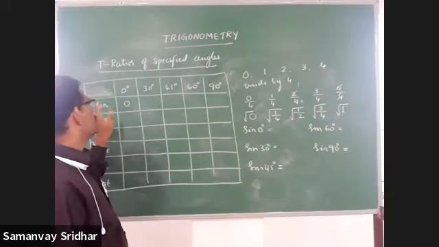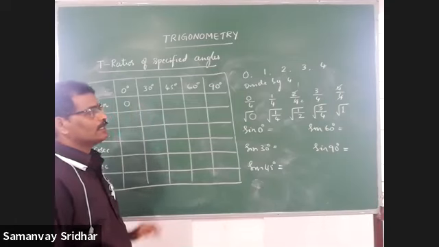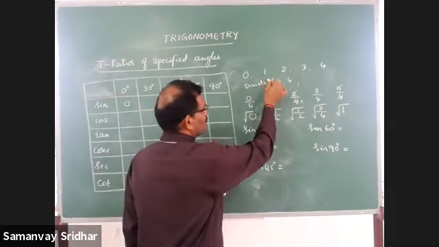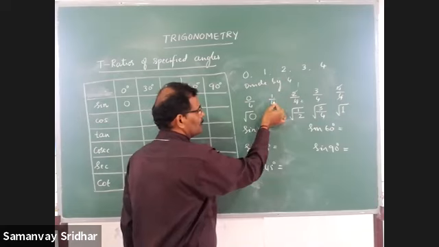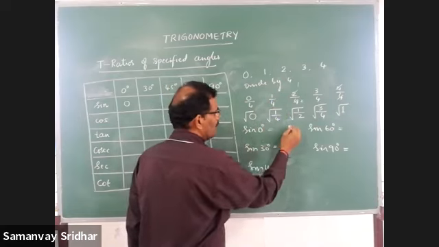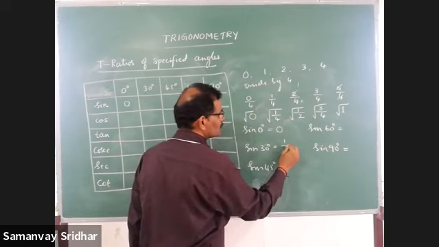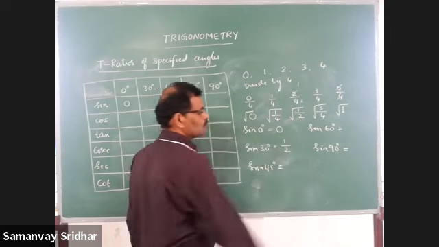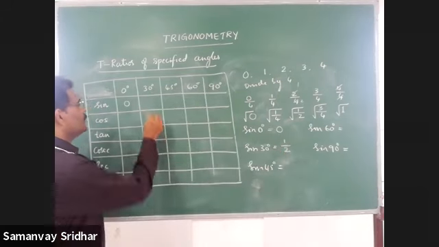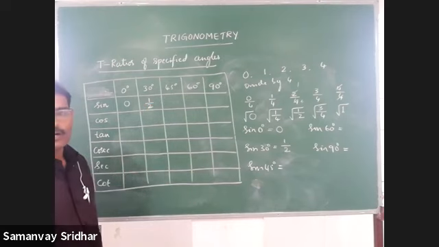Right? So therefore, sine 0 degree is what? 0. What is sine 30 degree? So we have to come for the second one. Take that one, divide by 4, then take the square root. What is the square root of 1? 1. Right? What is the square root of 4? That is 2. What you got? 1 by 2. Therefore, hereafter, if anybody asks what is sine 30 degree, you have to say that 1 by 2. Sine 30 degree is always 1 by 2.